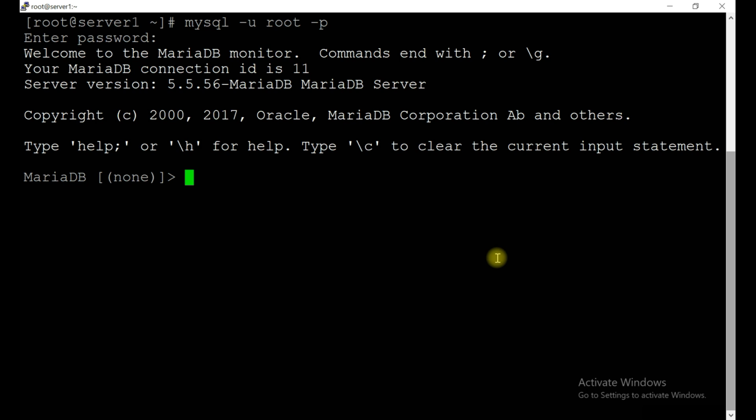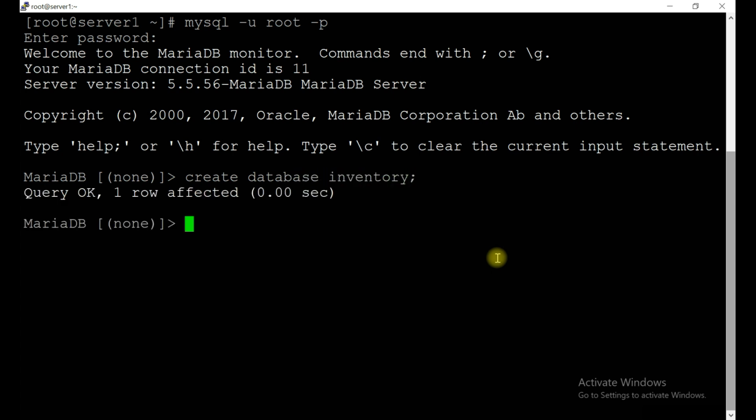So we are inside the database. Let's create the database. It's new, so we don't have any databases right now. Inventory created, use inventory. Okay, now let's create the table.